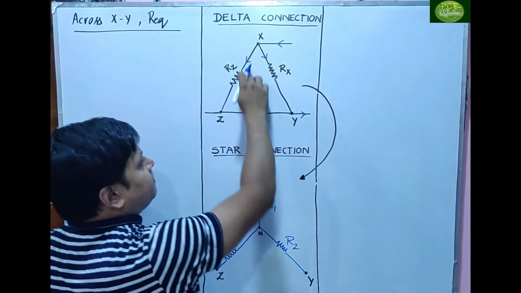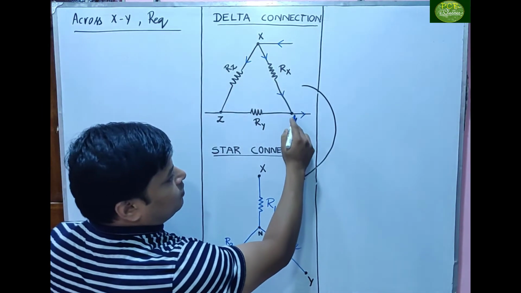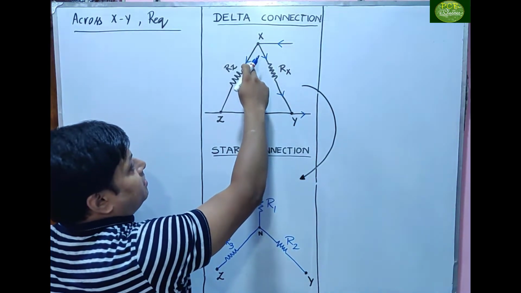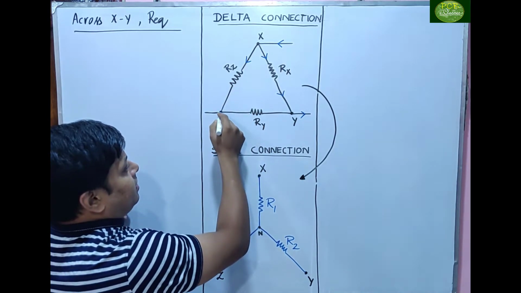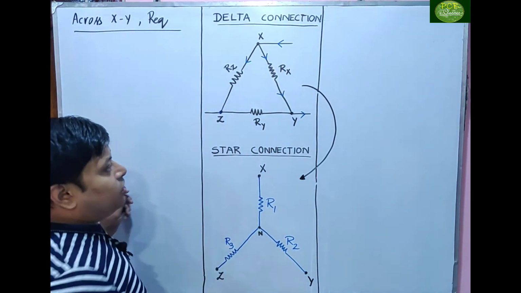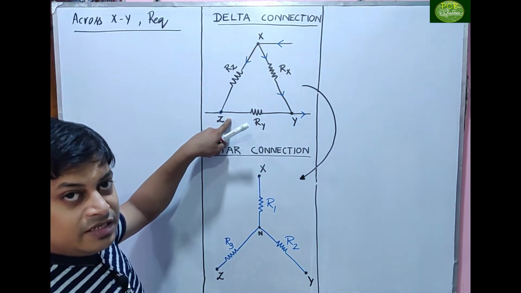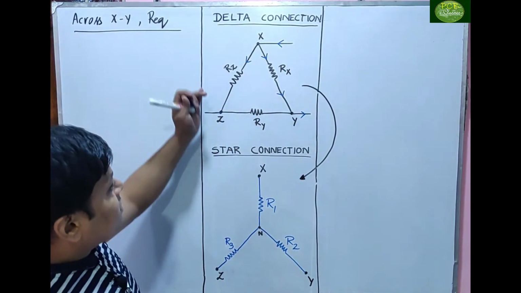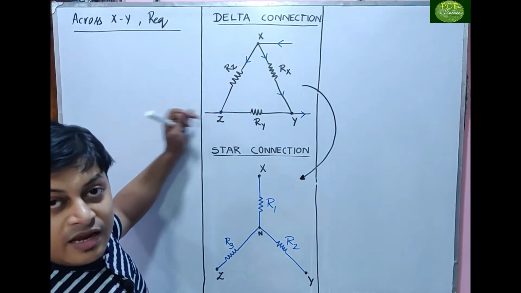Fine. It gets divided. Now see here, this current flowing through the Rx will come to the Y terminal immediately. But what happens here, the other current enters into the RZ and it observes that another node is there, Z. Fine, Z is there. So if this type of circuit is given, then we have to consider that beyond Z nothing is there.